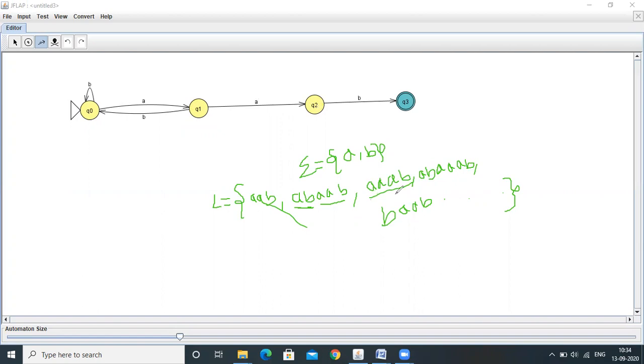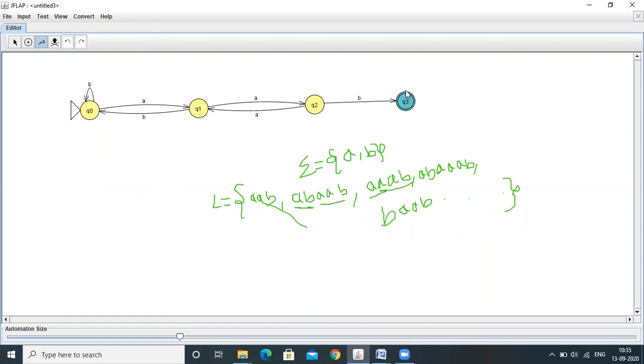Q2 on A, what does it need to do? It will come back to the Q1 state. Already one A is there within the AA, so it needs to accept one more A. So Q2 on A will come back to the Q1 state. Q2 on B we already defined.